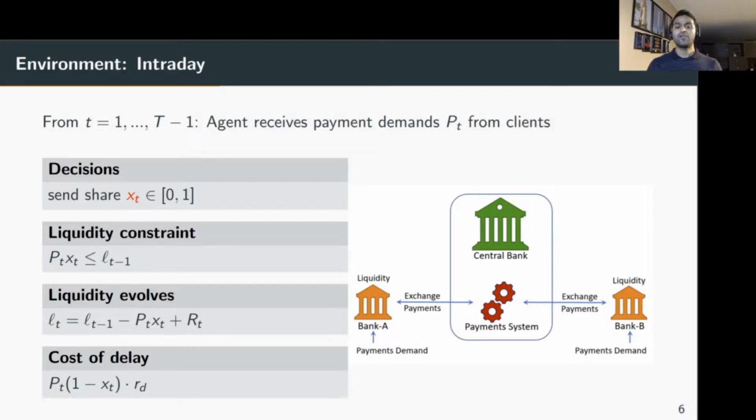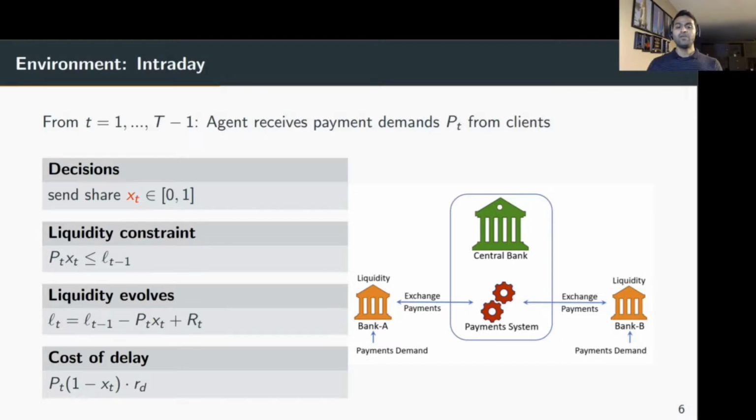This choice is constrained by the available liquidity in that period. Although this decision could also be strategically chosen, like initial liquidity, in this paper we simplify this decision to send as much as possible. If the agents have enough liquidity, they send all. Otherwise, they send an amount that satisfies the liquidity constraint shown in the second equation.